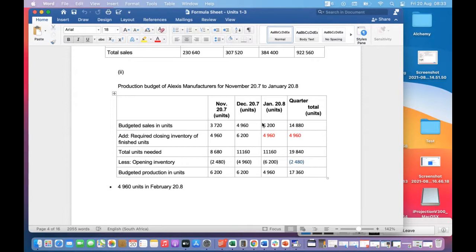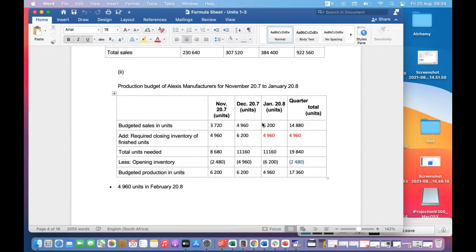But when we come to the required closing inventory for the quarter, we don't just add everything here. We take the amount that is required at the end of the quarter. And that's why I put this in red. Does it make sense? That'll be February, right? That'll be February, yes. The closing quarter. So I say that again? Like I'm saying, the quarter total, yes. That 4,960 will also be fair, because that's what you're going to need for the next quarter. For the next quarter, 100%.